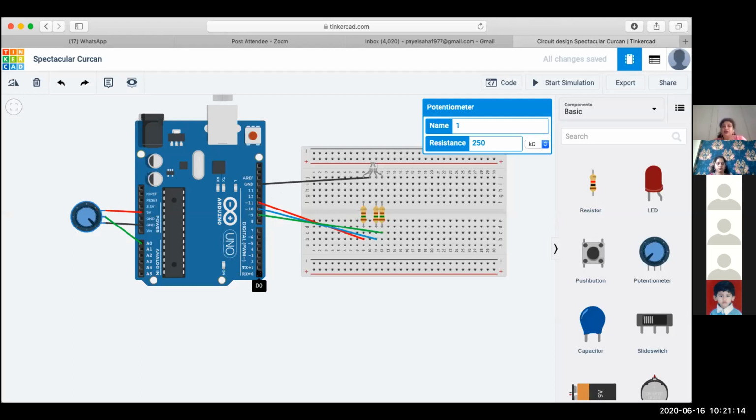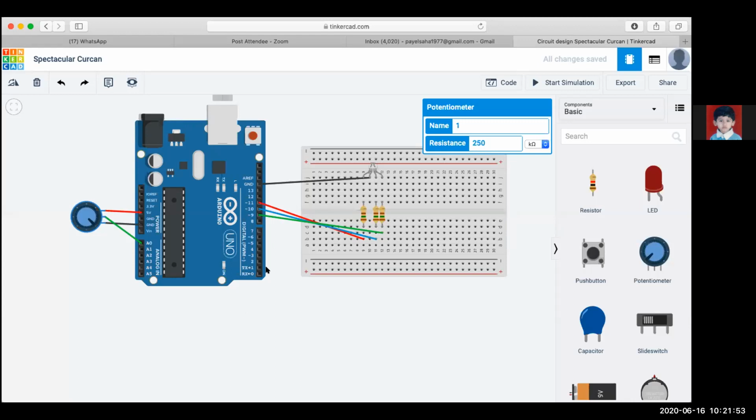But the problem is that these PWM pins, whether it is pin number 11, 10, 9 or 6, 5, 3, are all encoded in terms of 8 bits only. I repeat, the analog input pins can have 1024 different values and they are encoded in terms of 10 bits. 10 bits means 2 raised to 10 combinations, 1024 different combinations starting from 0 to 1023, that you have seen.